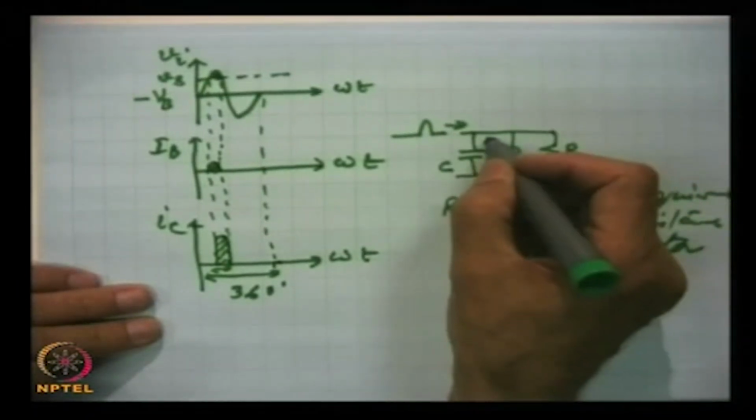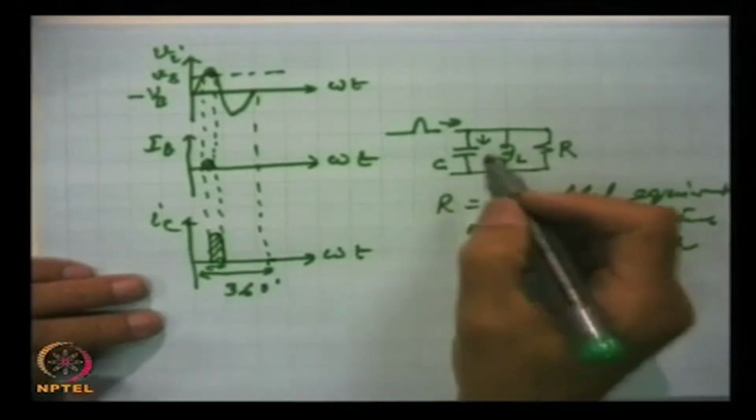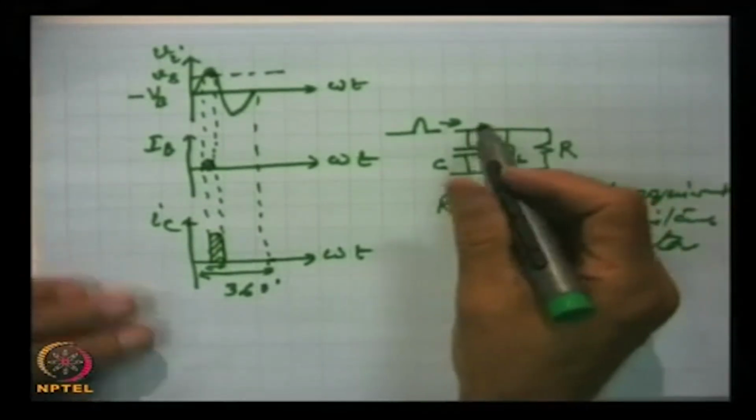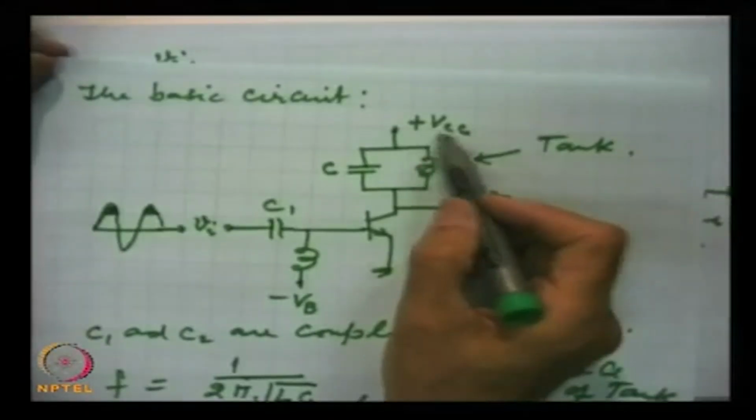So, the current will pass through this capacitor, and this capacitor will be charged, and this will acquire almost the same charge as VCC,